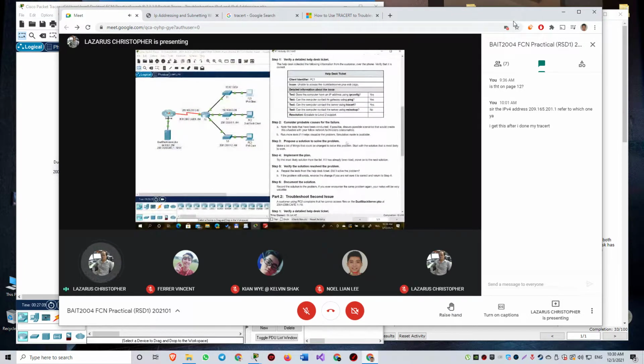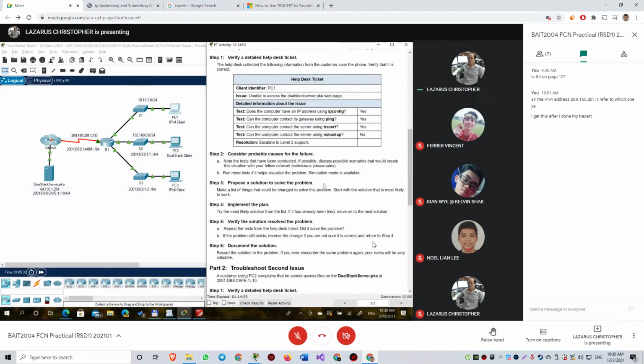From here, you can see that some of the testing has been done. It says, does the computer have an IP address using ipconfig? Yes. And if you do the ipconfig,